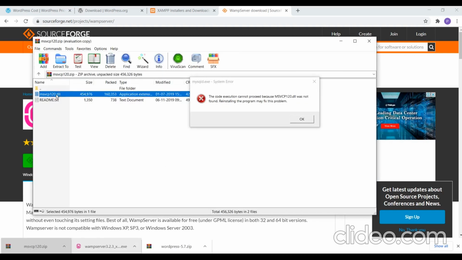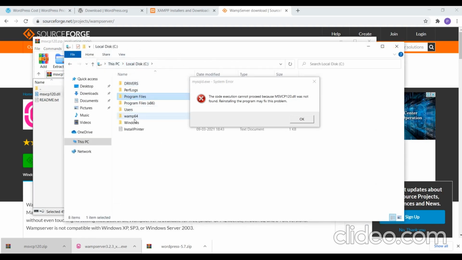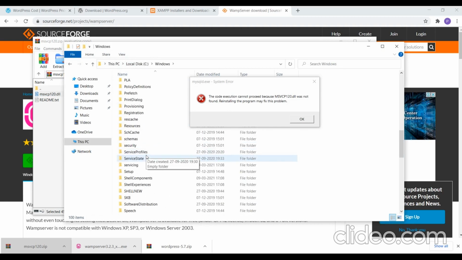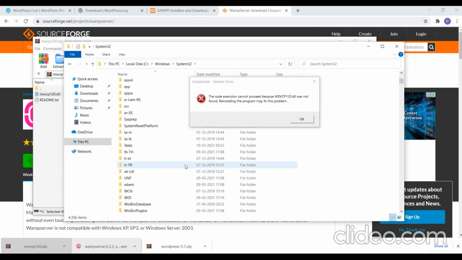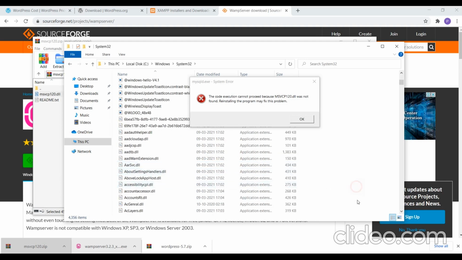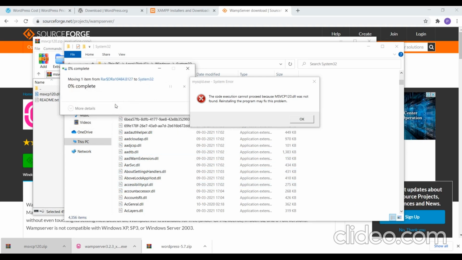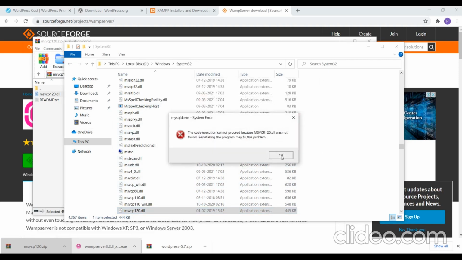I'll just copy it and I'll just go to my local Windows System 32. Here you need to paste all your DLL files that are missing. So I have copied it here, then just click on OK,